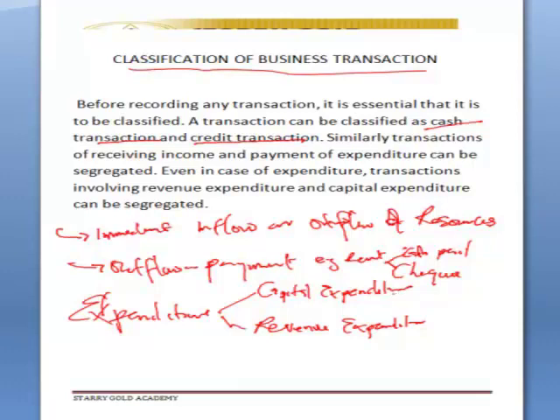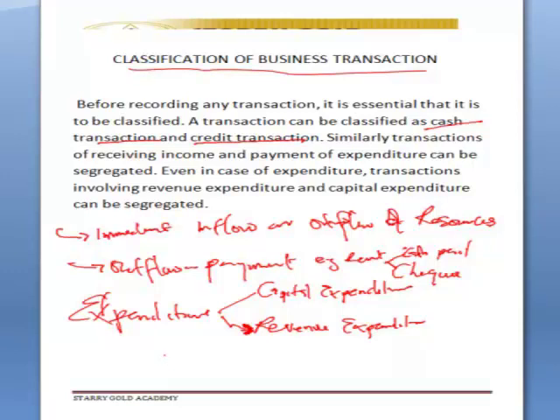That is, the asset will be used in the production of goods and services. While a revenue expenditure is a year in, year out expenditure, it does not involve the acquisition of a tangible asset, and as such it is tagged as revenue expenditure. This revenue expenditure can be called recurrent expenditure: your salaries and wages, electricity bills, sundry expenses, stationery, and so on and so forth.